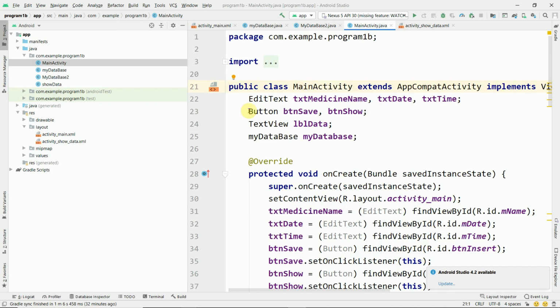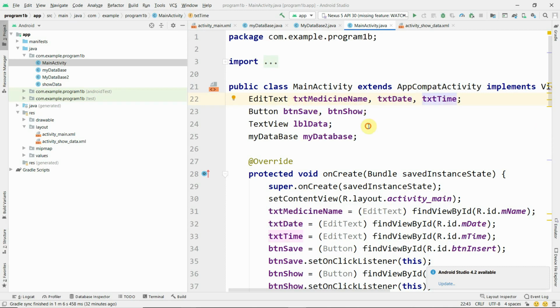Okay, what objects you need to create? You have created the edit text interface, and therefore you have to create edit text objects by using edit text as class name, and then object names txt medicine name, txt date, and txt time.